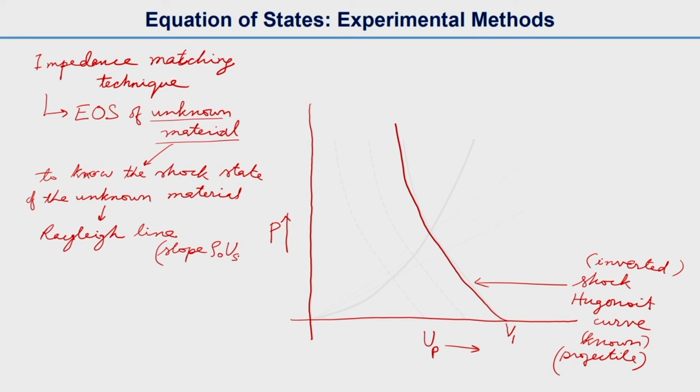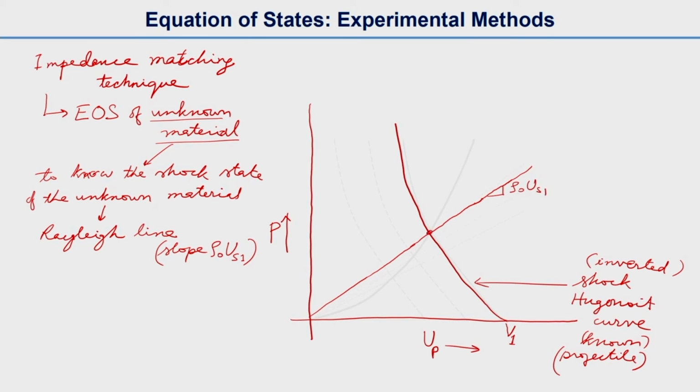Rho naught is the density, and US1 we will write for 1 corresponds to the impact velocity V1. So, we can do some more experiments with different impact velocities. So, here the Rayleigh lines, the typical slope will be rho naught US1. If we draw the line here, it will be a straight line with slope rho naught US1,